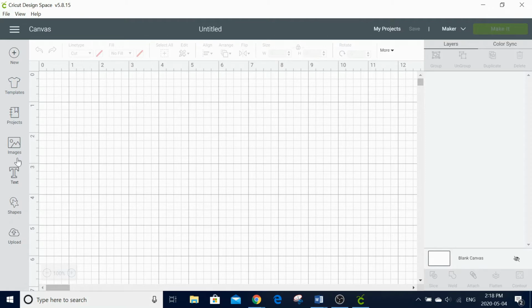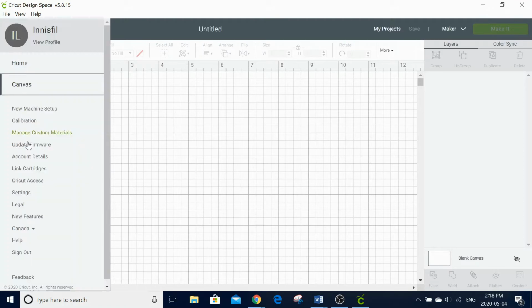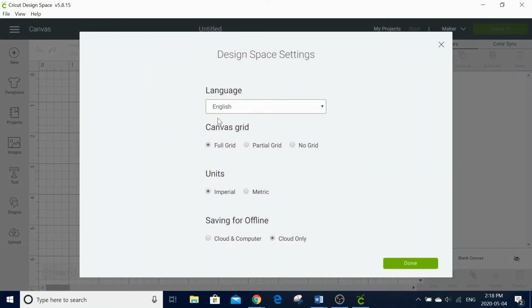On the left is our Design panel, where you can select and search your design elements. At the top of the canvas is the Edit bar with your basic editing tools to size and arrange your design. On the right is the panel selector and layer functions that are useful for grouping, attaching, and welding images. You can adjust your settings using the menu on the top left, adding or removing the grid, and switching between